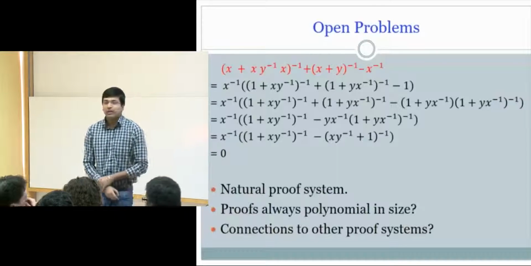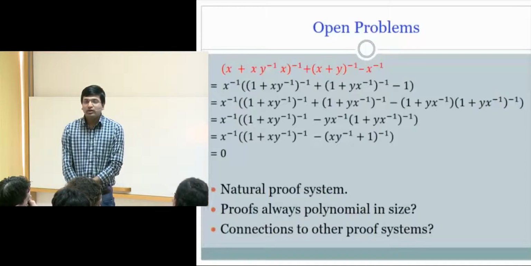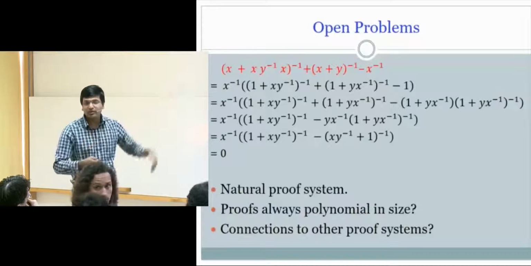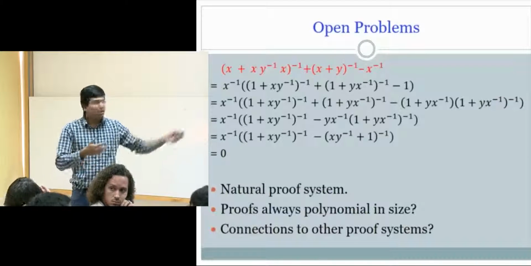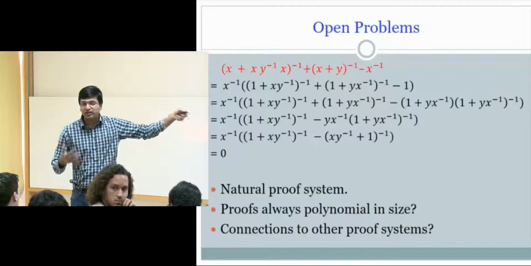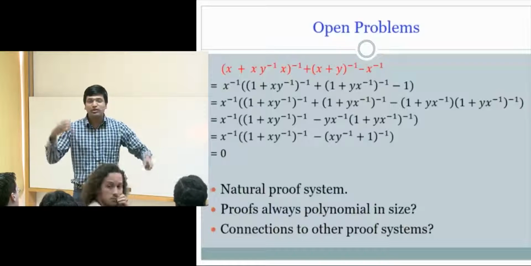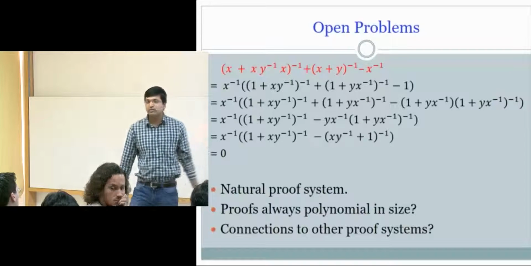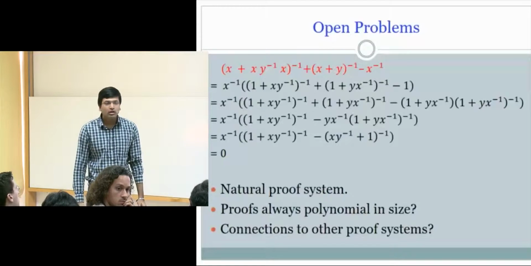Yes. By syntactic, do you mean that you have a rewriting system for proving that it's 0? Yeah, by syntactic I mean exactly this. The kind of manipulations I did here: you use the field axioms and you use 1 equals G inverse and so on. And using these manipulations, you can reduce this expression to 0. That's what I did. Do you have any upper bound on the dimension of the matrix algebra when it is equal to functional properties?